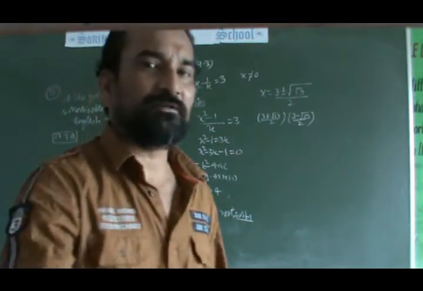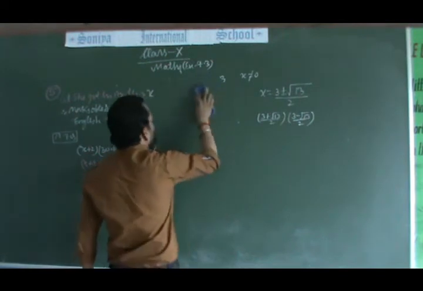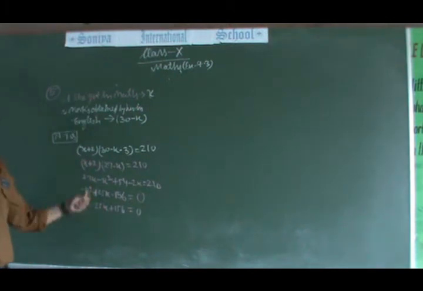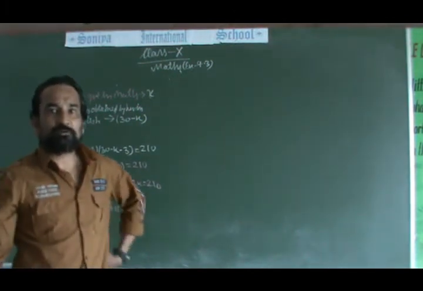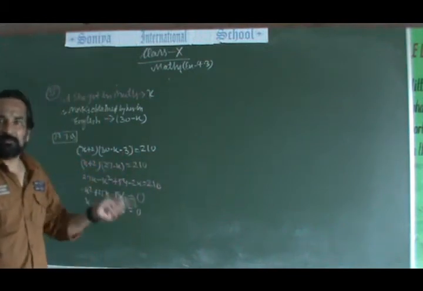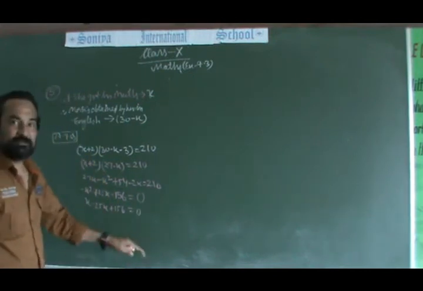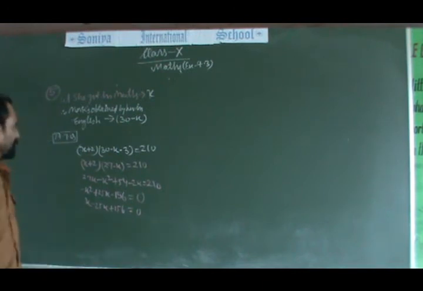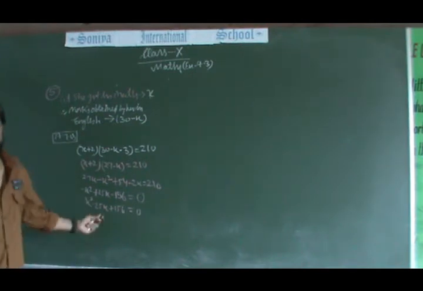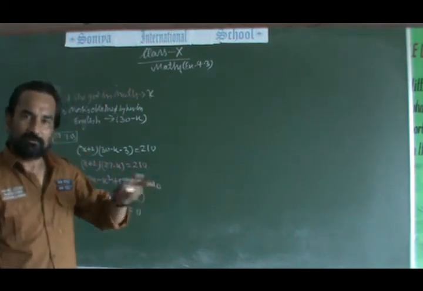Up to this point, now you are free to adopt any method to find the roots of the quadratic equation. This is the quadratic equation. Either you go with the quadratic formula. What was the quadratic formula? The variable equals minus b plus minus root of b square minus 4ac, upon 2a. Or if you know the factors of the middle term, then you will solve it by splitting the middle term. Or if you are able to make it a square, we can use the completing the square method. So whichever path is chosen by you, all the paths are correct.